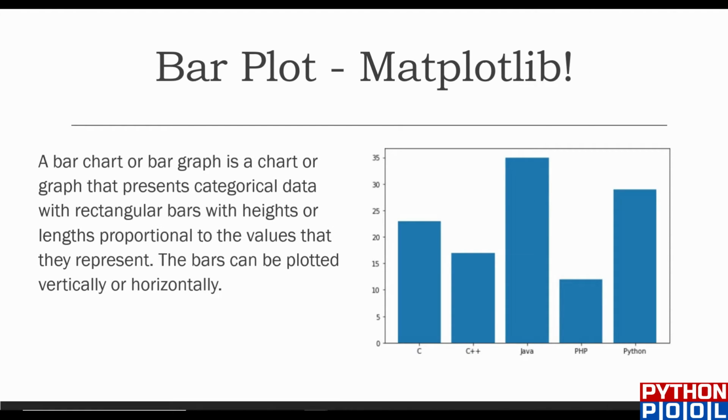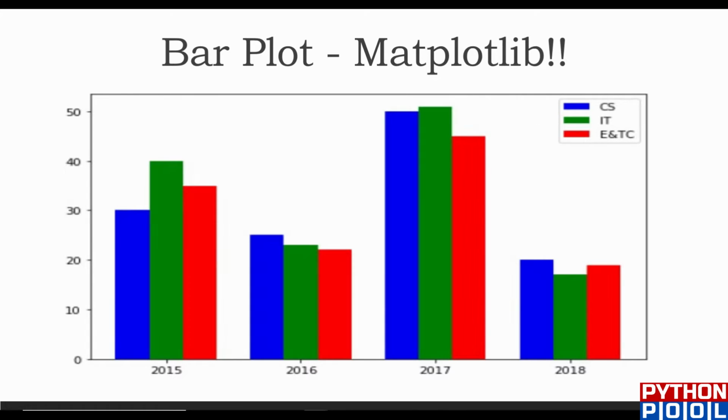A bar chart or bar graph is a chart that represents categorical data with rectangular bars with height or length proportional to the values they represent. They can be plotted vertically or horizontally. For calling the bar function, we need to define some parameters like height, width, and the alignment, whether it is from the bottom, or from the right point or left point. And x is the data for which we are plotting our bar graph. So let's see this type of graph for today's video.